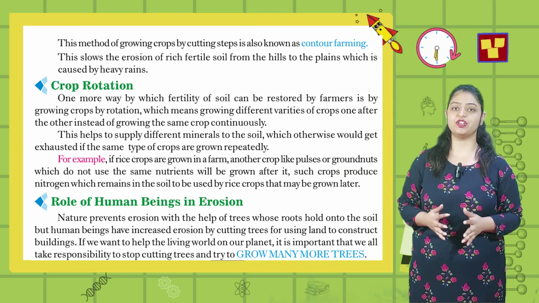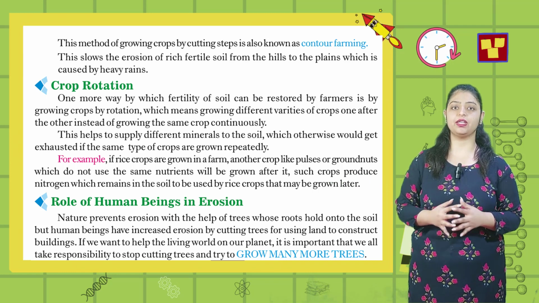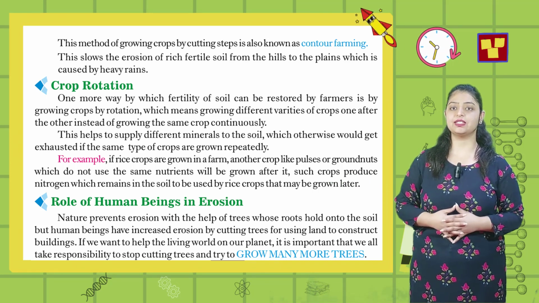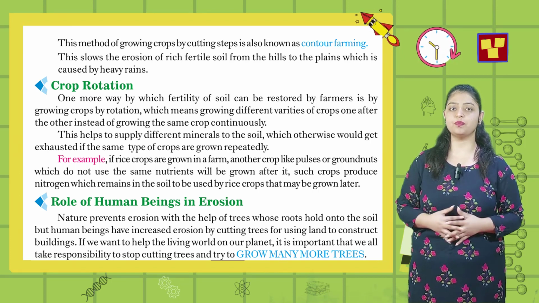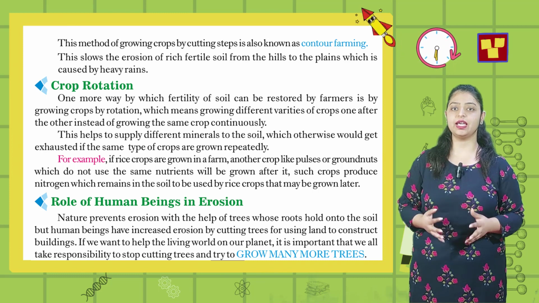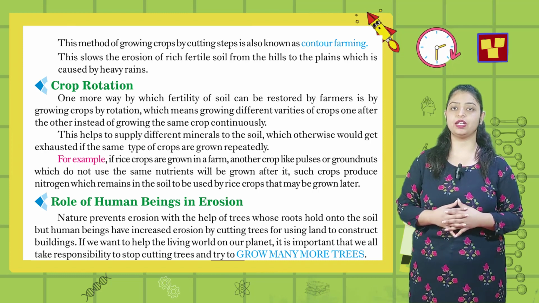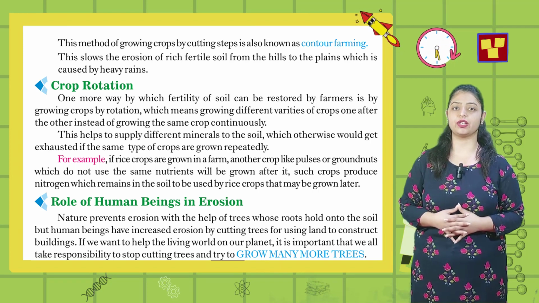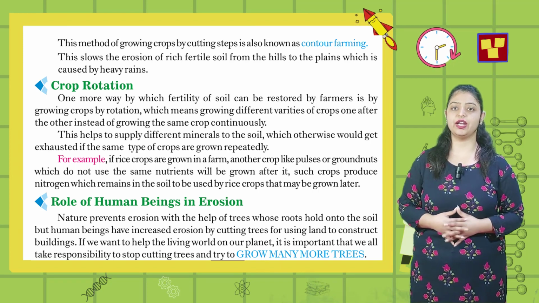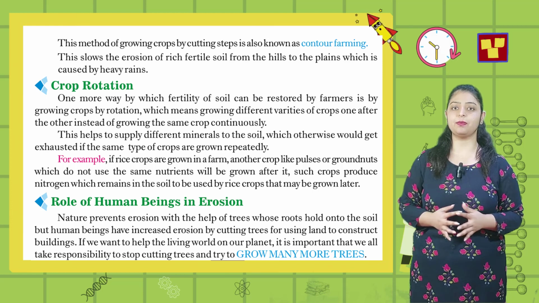One more way by which fertility of soil can be restored by farmers is by growing crops by rotation, which means growing different varieties of crops one after the other instead of growing the same crop continuously. This helps to supply different minerals to the soil, which otherwise would get exhausted if the same type of crops